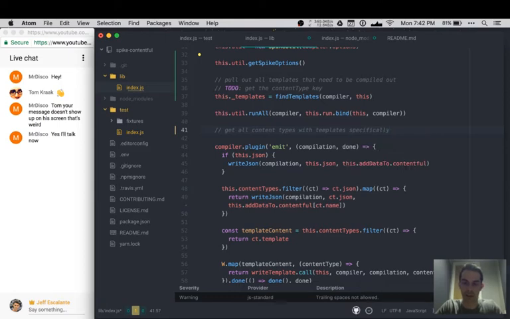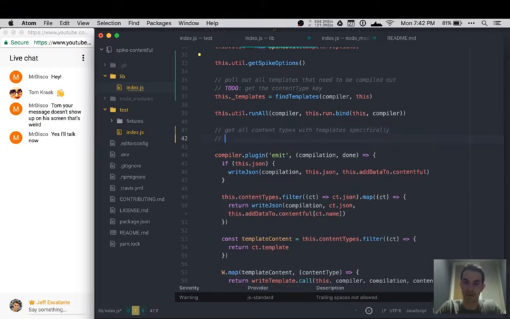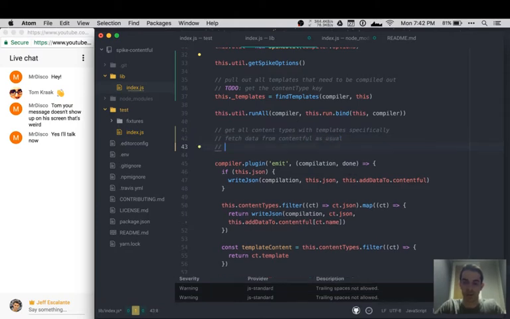I need those because those need to be dealt with in this particular manner, and the ones without templates, we don't have to do any of this. And then I need to fetch the data from Contentful, as usual. Okay, and after this,